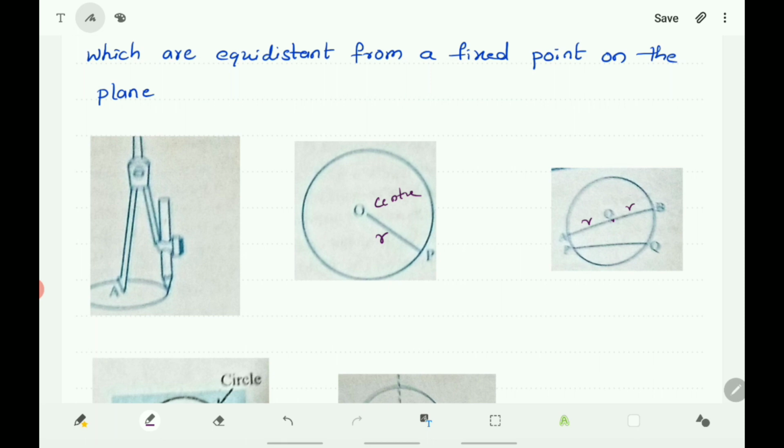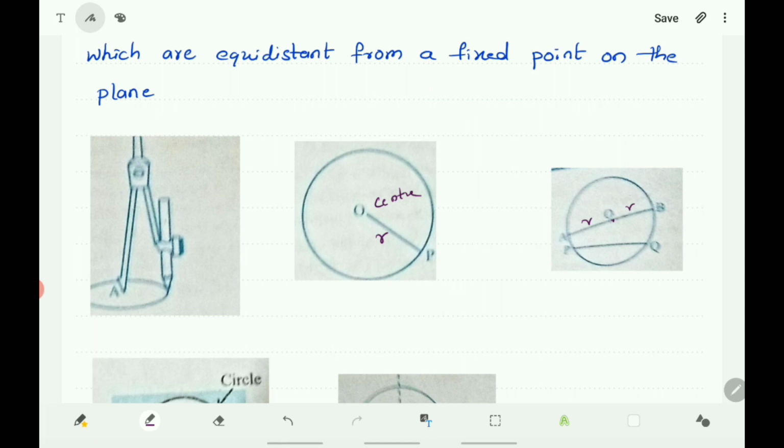Now see the figure here. Here there are two line segments PQ and AB. They are the line segments joining two points on the circle, and they are called chords of the circle. Here PQ and AB are chords of the circle as they are joining two points of the circle. And here there is a chord AB which passes through the center. This chord is called the diameter of the circle. AB is a diameter, a chord passing through the center, and it is the biggest chord of the circle. And here OA is a radius, OB is also a radius.